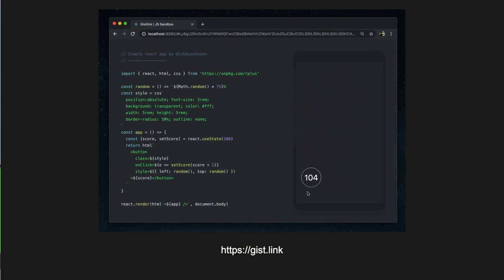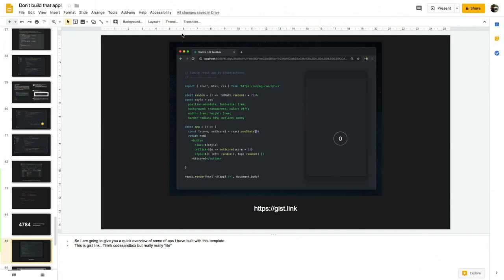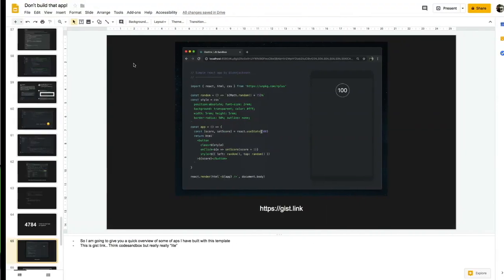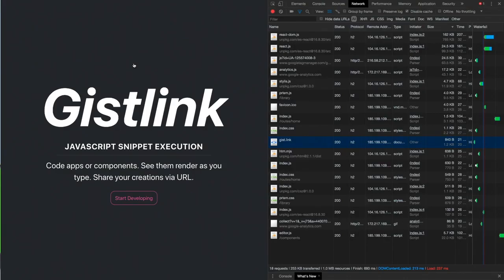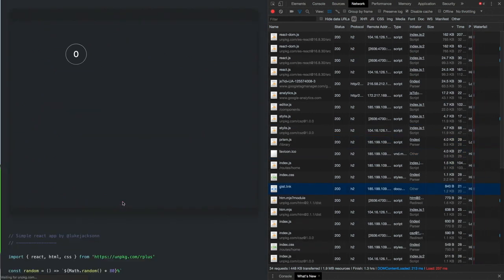So, you might say, oh, it's probably all good in theory, but is it working in practice? Yes, I've made 3 apps so far with this. I say it like it's a big deal. But this one is called GistLink, and it pretty much takes this in essence. You can write